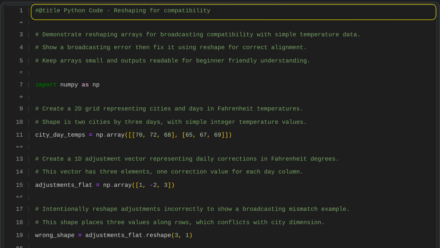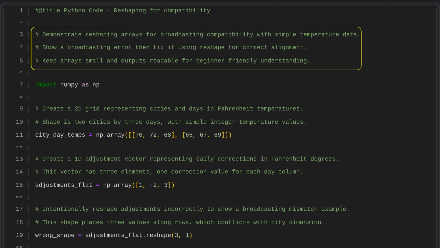Python code, reshaping for compatibility. This section shows how to reshape arrays so they are compatible for broadcasting when working with simple temperature data. You first see what happens when the shapes do not align, which leads to a broadcasting error. Then you fix the problem by reshaping one of the arrays so that their dimensions line up correctly. The focus is on using very small arrays and clear outputs so beginners can easily see how reshaping enables successful